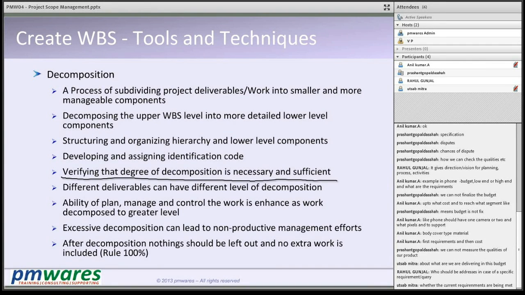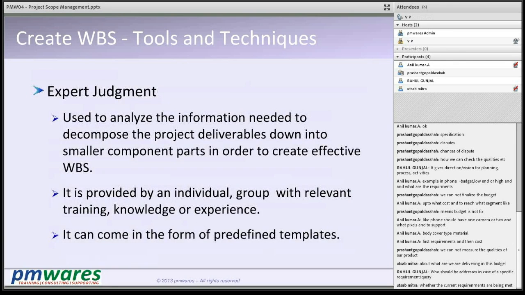The idea of decomposition is the rule of 100: nothing should be left out and no extra work is included. With these two principles, if you do decomposition, you will do the right decomposition and you come out with a work breakdown structure,